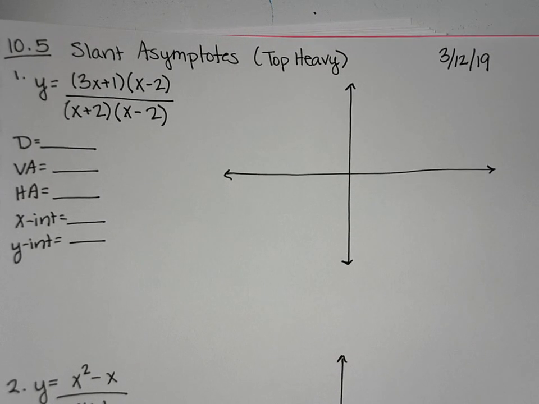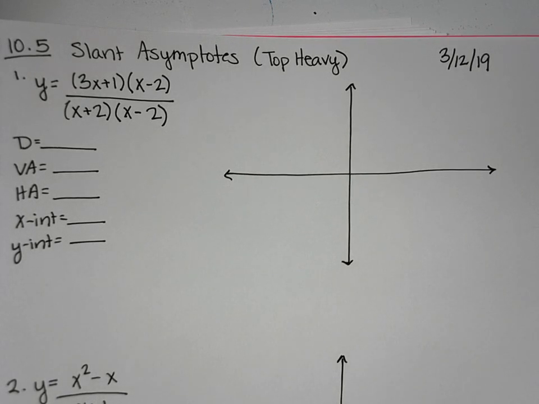So welcome back. 10.5, we're going to be introducing slant asymptotes, which are what we get when we have top-heavy graphs. So instead of being straight vertical or straight horizontal, we're going to actually have asymptotes that are at a slant or at a diagonal. So we're going to start with number 1 here,